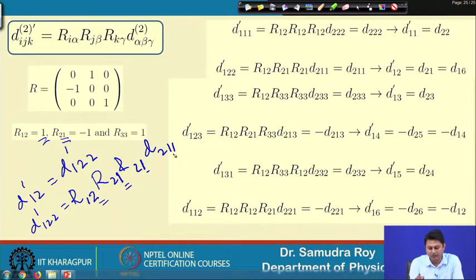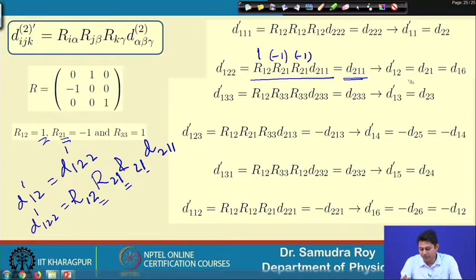I put it like this. See this expression, I am essentially writing the same thing. Now, R11, R12, R21, R21, this is 1, this is minus 1 and this is minus 1. If I multiply it, it should be 1. So, eventually from this we have D12 prime is